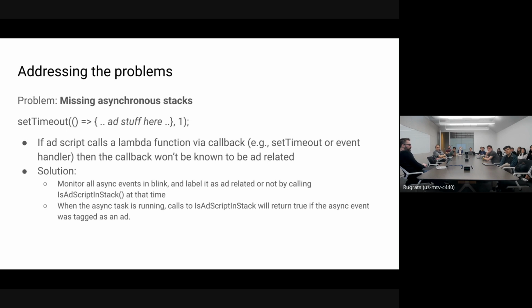So DevTools actually saves us once again. They have another hook for this. They also care about the async stack. And so they say, look, anytime a callback is registered with native code, we get an event. And they say, we're making an async event here. And so we say, great, we're going to call is that script in stack at that point. And we will label that async event as ad related or not. And when that async event eventually runs, the callback runs, we have a bool associated with whether or not